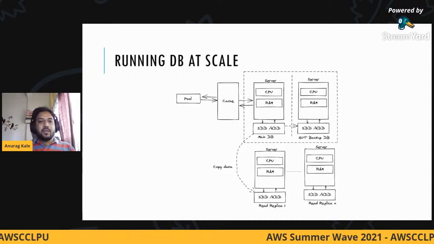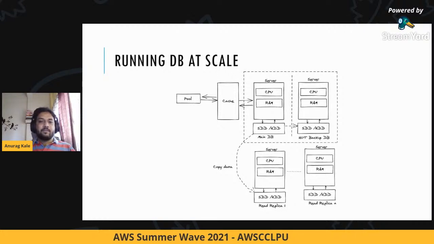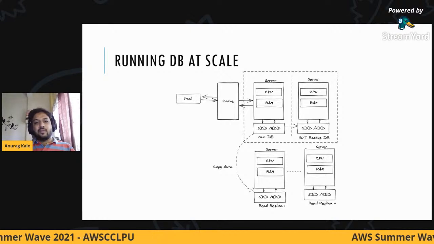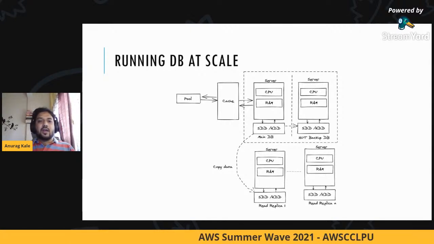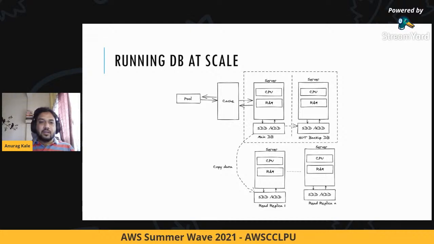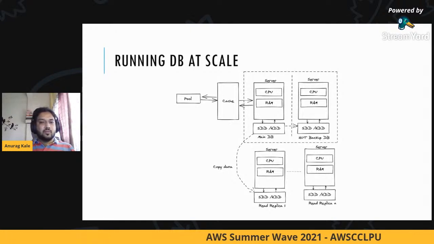And for a big database system running at scale, you can have multiple read replicas. These read replicas can be distributed. For example, if you look at something like flipkart.com in India, they can have the main database in Hyderabad, and read replicas in Delhi, Mumbai, Kolkata, and Chennai, all connected by their own network.